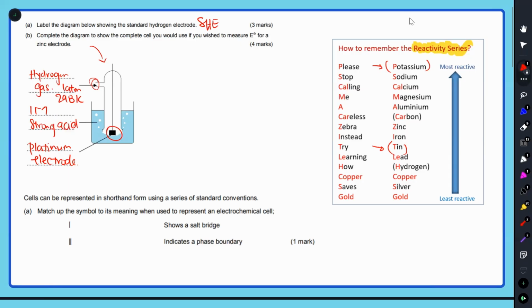So potassium will have the ability to go into solution more readily and give K+ ions. In that case, for every K+ ion going into solution, it leaves behind an electron on the electrode. Tin is less reactive, so it won't do that as well as potassium. So as we said, the more reactive metal will be higher in the reactivity series, and that will be your